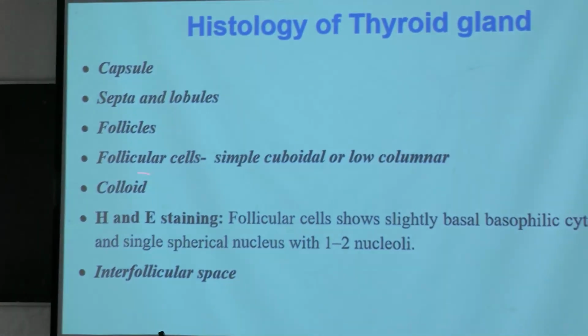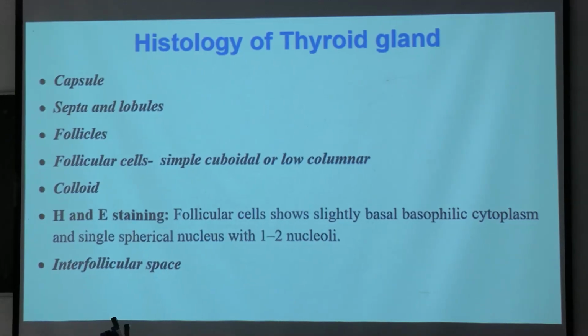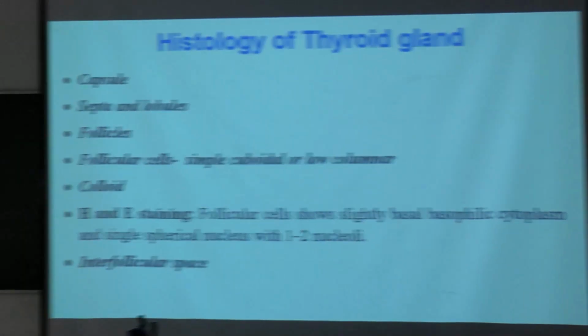So and this colloid material is known as thyroglobulin, which is lying within the follicle. Okay, where the T3 and T4 are stored, and when there is need in our body, this thyroglobulin material is endocytosed by the follicular cells, and the hormones are released into the bloodstream directly. Okay, that's it. The need of this gland is secretion of this T3 and T4. So, to release these hormones into the blood, this gland is highly vascular. So, in the section of gland, you will see multiple sections of blood vessels. They are lying in between the follicles and also within the septa.